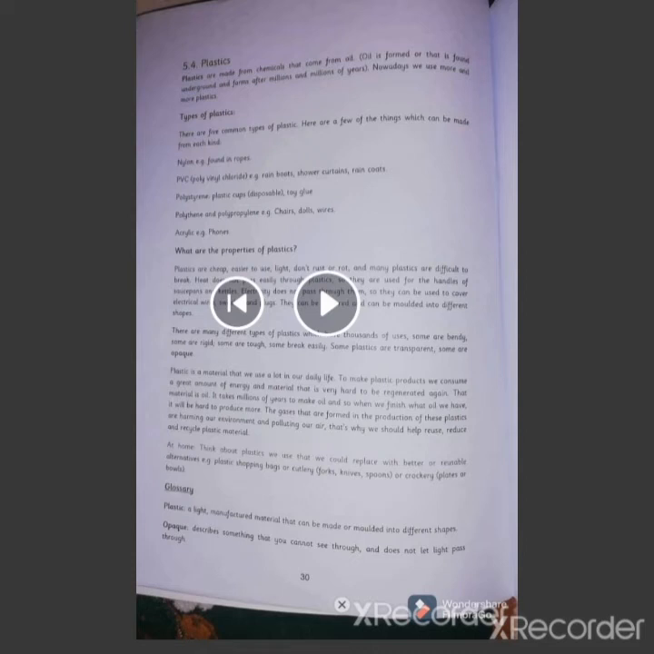Let's see the types of plastic. There are 5 common types of plastic. Here are a few of the things which can be made from each kind. Nylon, example, found in ropes. PVC,